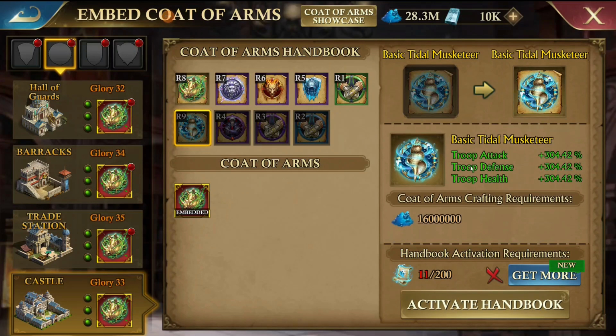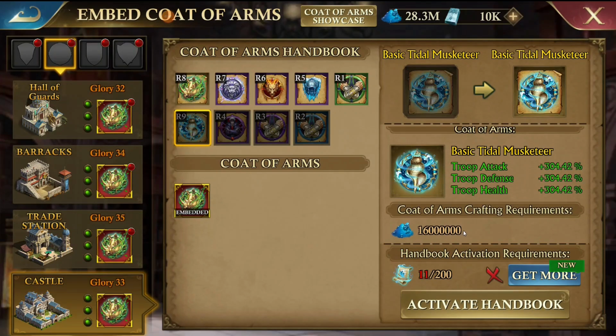And the cost for these, so to craft one of these, let's do these zeros, 16 million to craft one, which I do have enough, but I only have enough to craft one single coat of arms. And I do have 11 of these already because I upgraded my honor chest. But it's gonna be